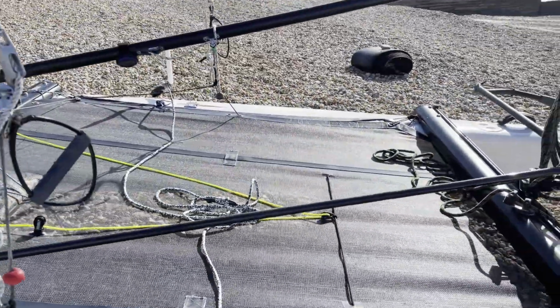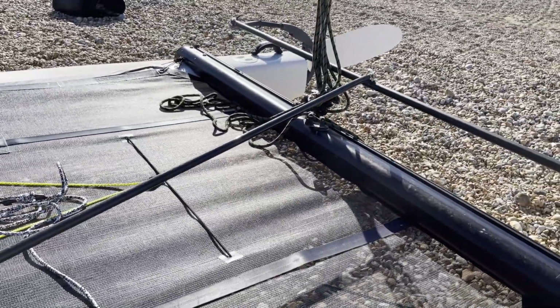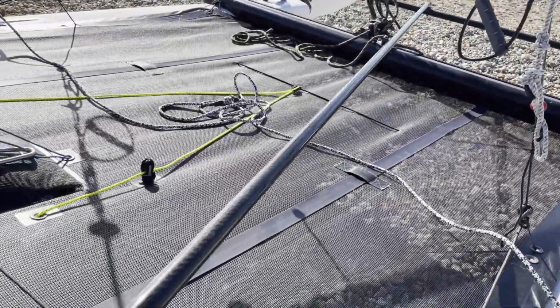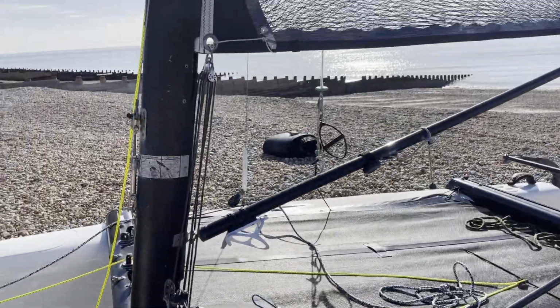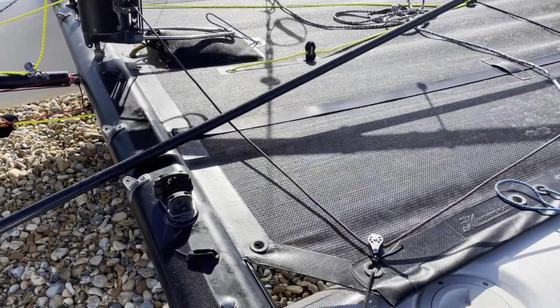I invested straight away when I purchased the boat in a hot stick, the extendable tiller. I invested in a carbon tiller. I soon snapped this, and I've since purchased a nice thicker carbon tiller. I've replaced the downhaul with, again, advice from Joe,